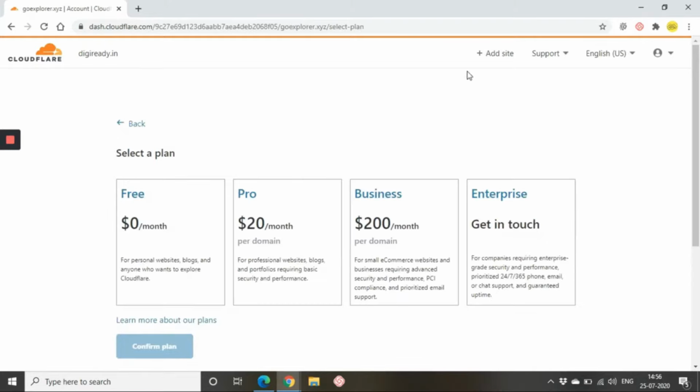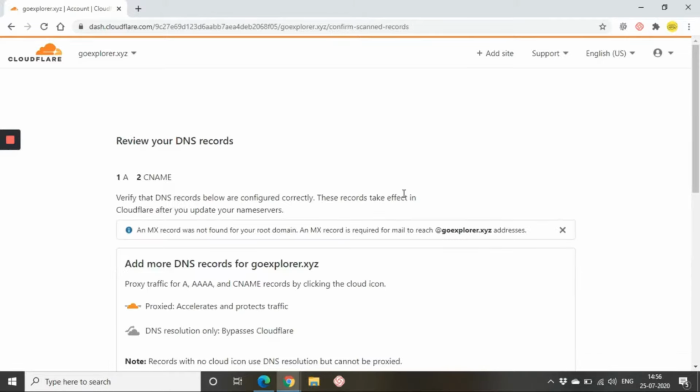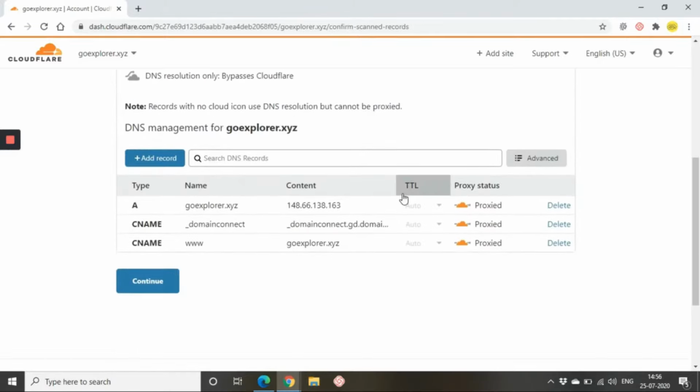Now it shows you various plans. Go with the free plan. Confirm. And now it will be scanning for your DNS records, domain name server records. It will automatically take your website's DNS records. So just click on continue.